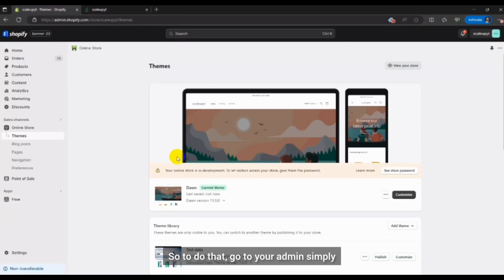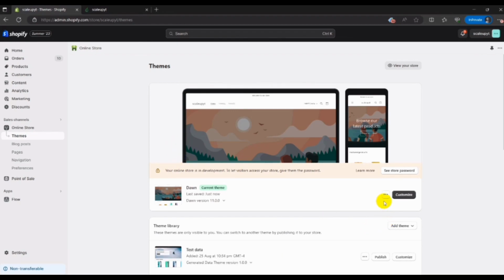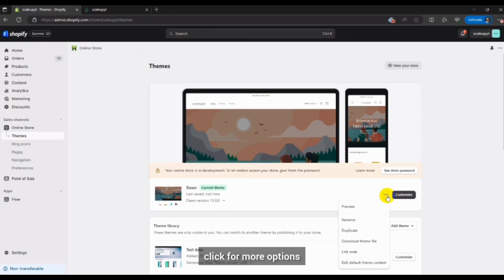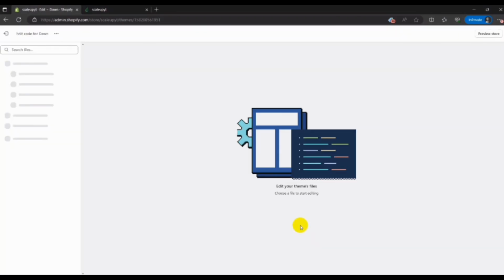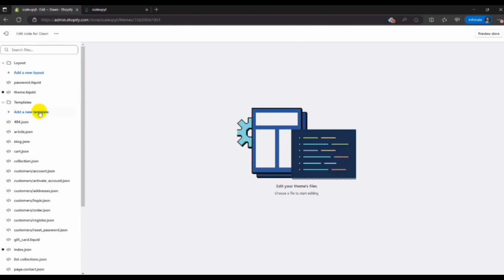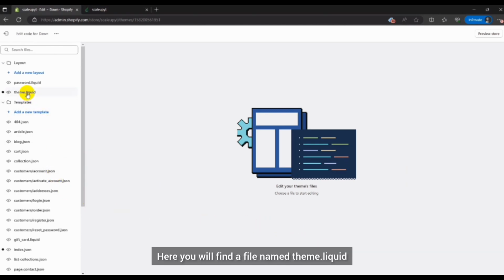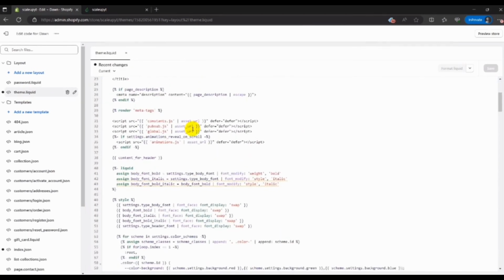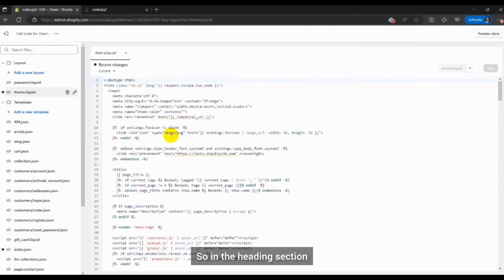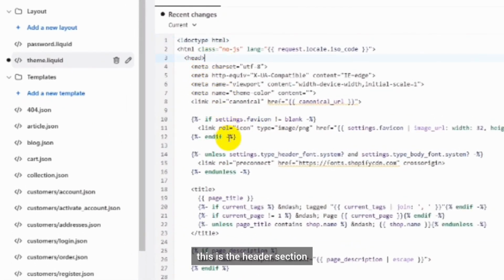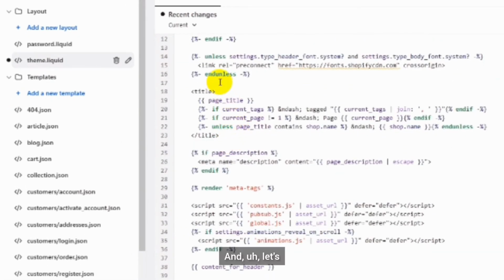To do that, go to your admin, and for the current theme, click on more options and click on edit code. Here you will find a file named theme.liquid. In the head section, this is the header section, let's put our code for the Shopify favicon to be added. So the code will look like